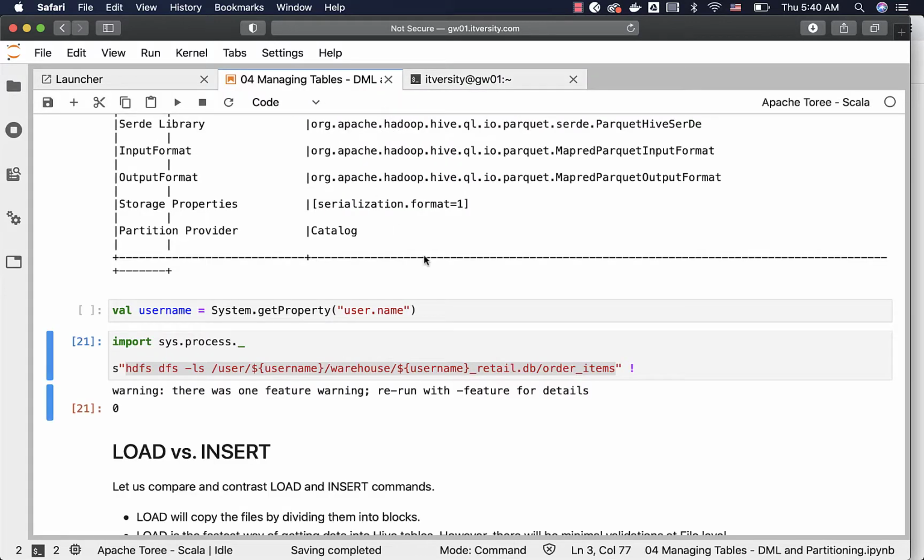So this is how you should be able to create a table with Parquet file format. And now we have to get data into this. However, our source files are in text file format and hence we cannot directly use load. We have to use insert. However, there is no direct insert to load the data from the files which are in the local file system into this table. We have to use the approach of creating a stage table and then get the data into this table using that stage table. We will go through those steps once we understand the difference between load and insert.